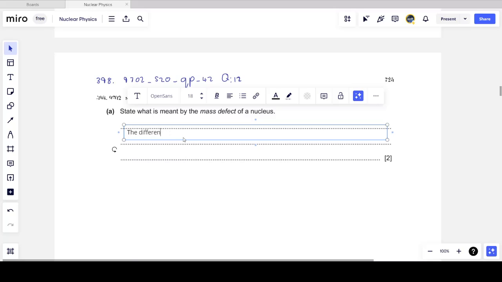We can say it is the difference between the mass of a nucleus and the mass of its constituent nucleons, that is protons and neutrons,